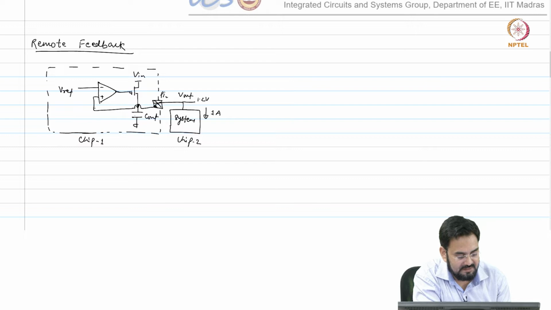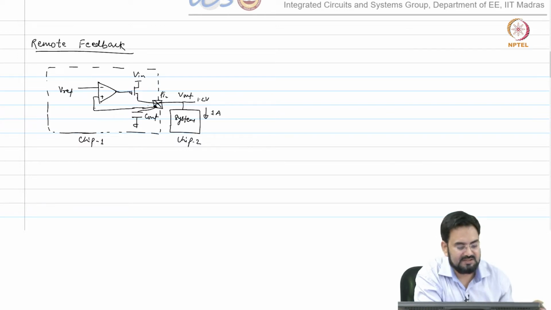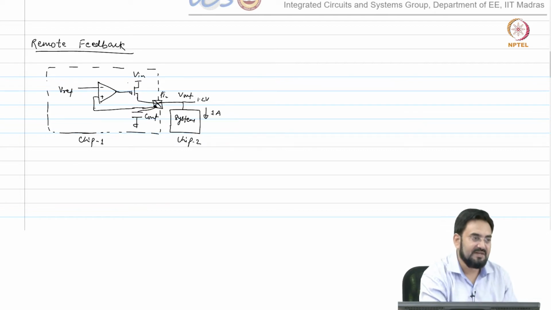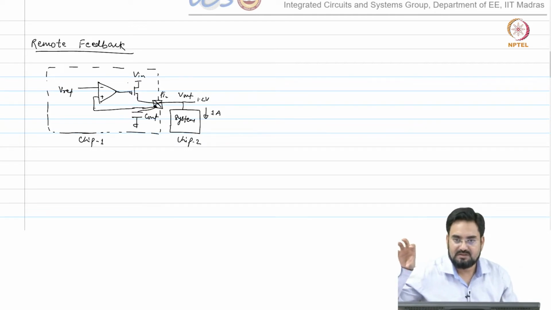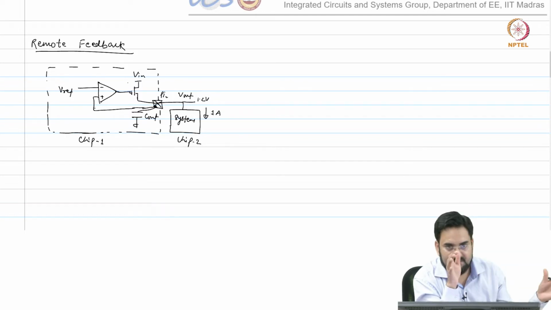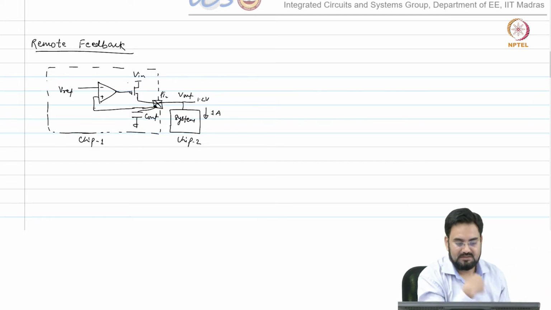And your capacitor is also, let us say, everything is connected to the pin. Usually that is how you do it. You try to keep your pass FET as close as possible to the pin of your chip, so that you do not add any parasitic resistance.